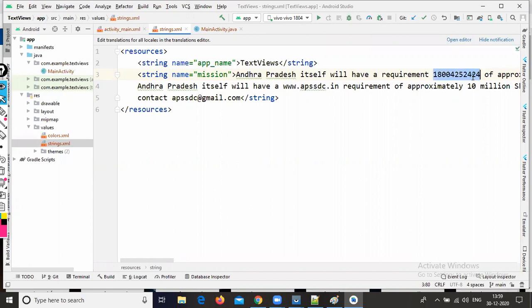So one mobile number is available. Now in my string, the website link is available, the mail id is available, and at the same time the mobile number is also available.